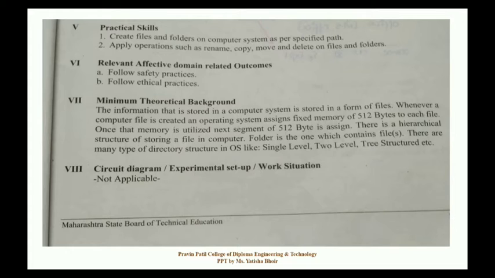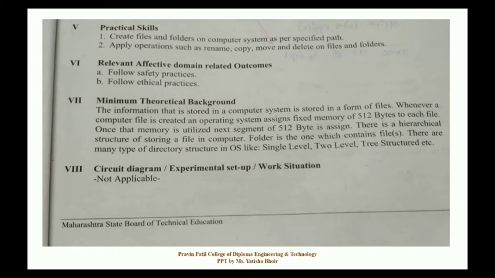Once that memory is utilized, the next segment of 512 bytes is assigned. So when you create the next file, 512 bytes of space is also allocated to that file. Every time you create a file in the computer, space will be allocated to the file.